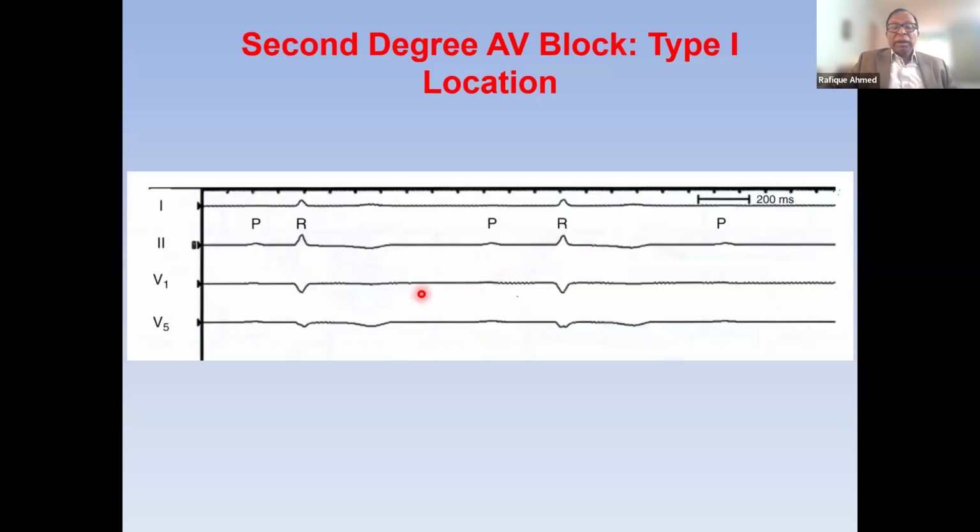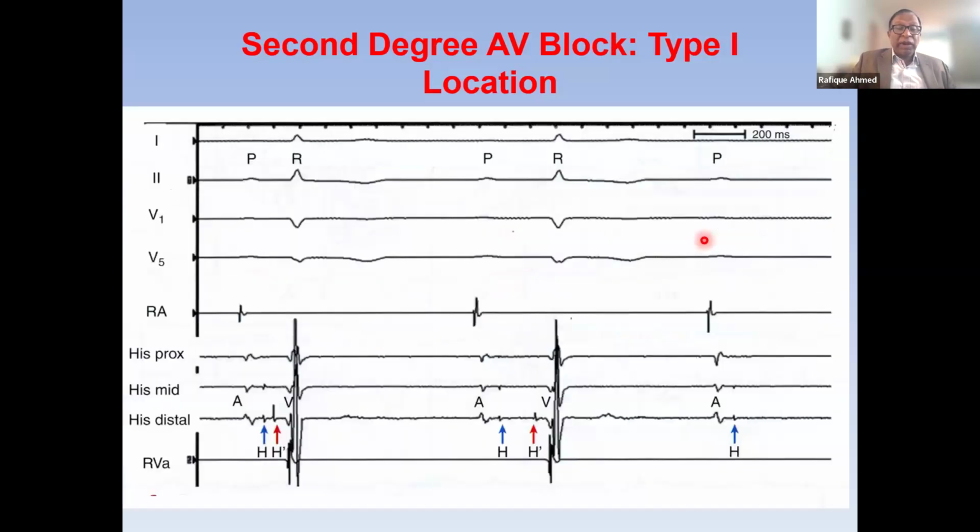But look at this one, another patient with first-degree AV block. PR a little longer, and then there is a blocked P. This patient is a little different. This is A to H, and there is a double His, and there is a prolongation of H2. So this patient has infra-His Wenckebach block. This patient, if I give atropine, it will make it worse. So this is infra-His, and you can see that after the last A, H, there is a block. That means the split is blocked, so the conduction block was not in the AV node.